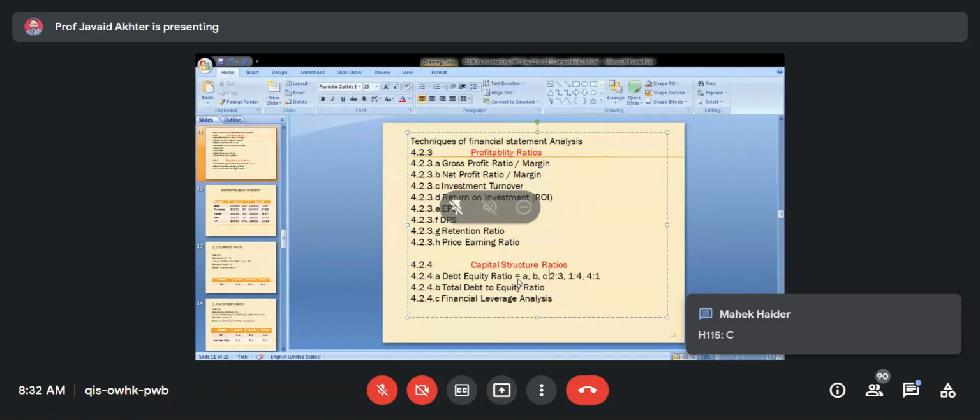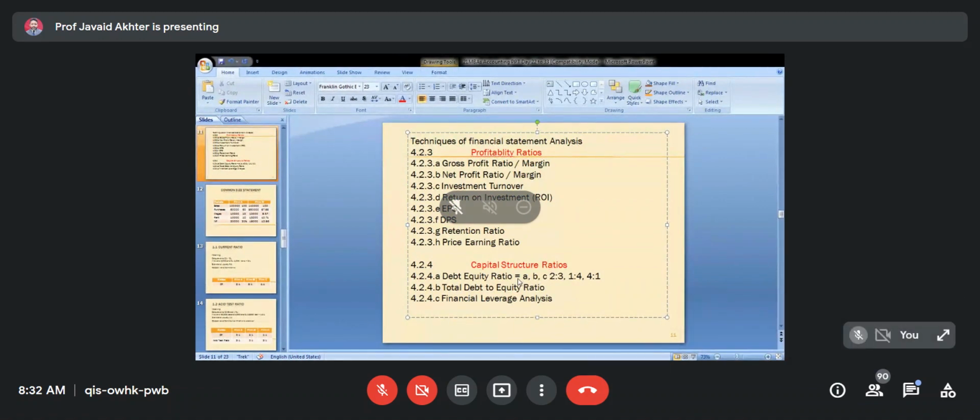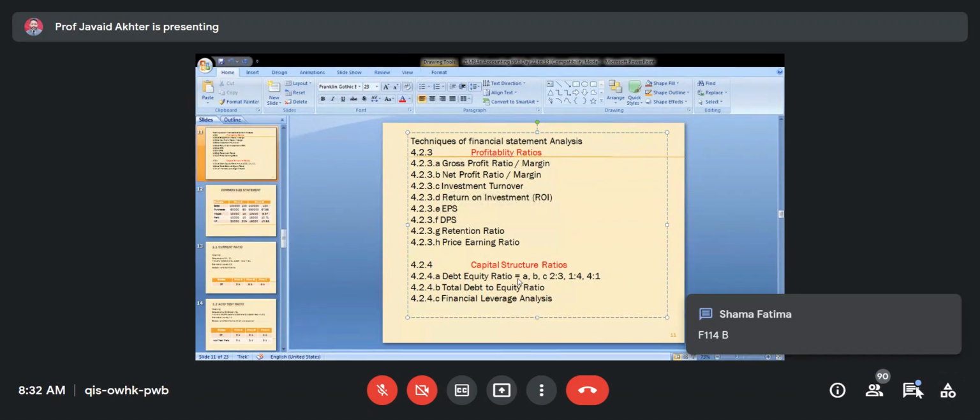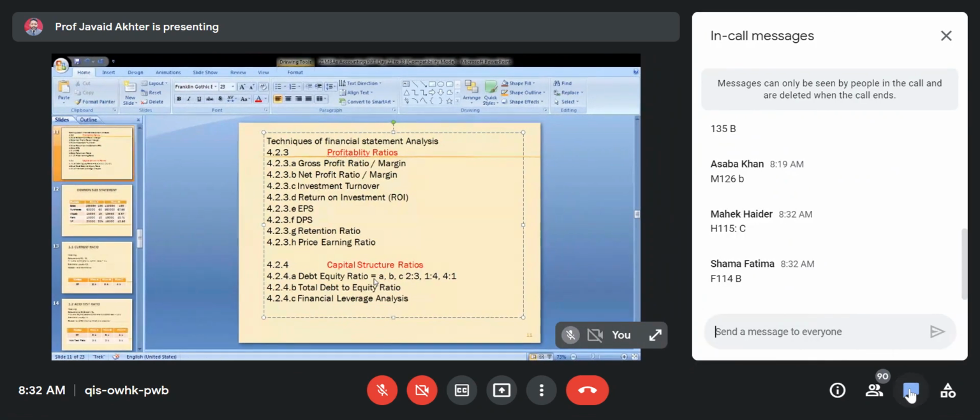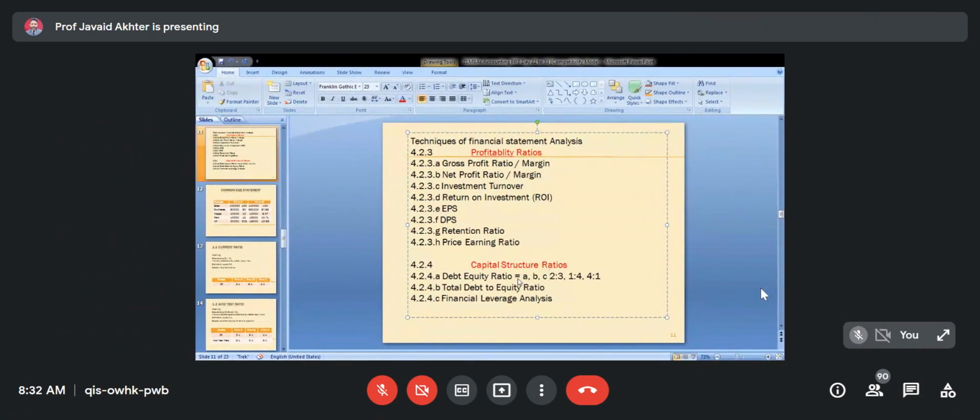Sir, the ideal ratio is generally 2.5 is to 1. So I would say C, because the debt is higher than the equity. That is B, you are talking about B? Sir, C. The C. So C is better because it has more debt. Yes. Any other answer? Sir, A is better.